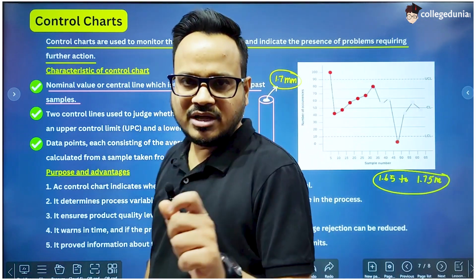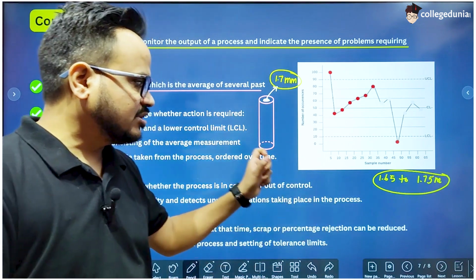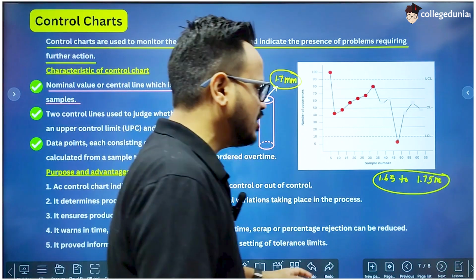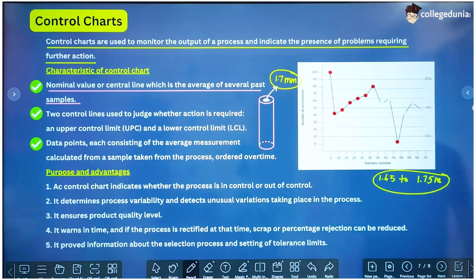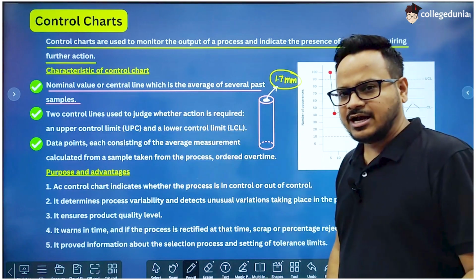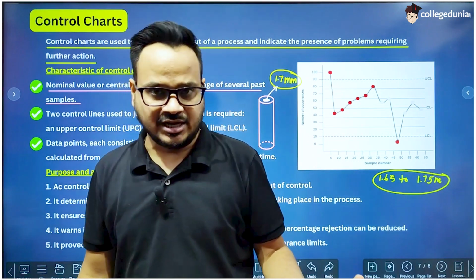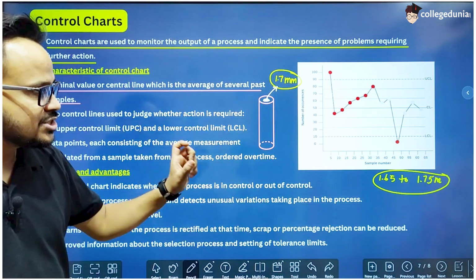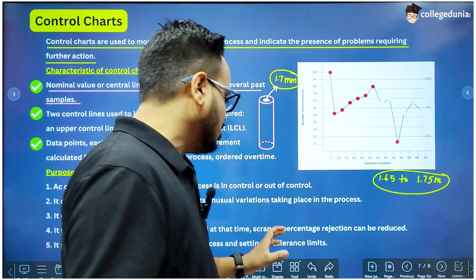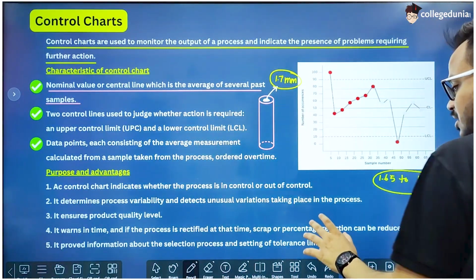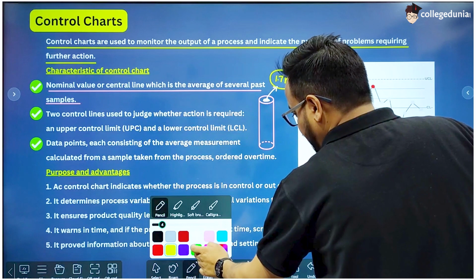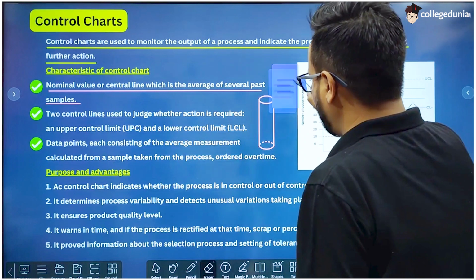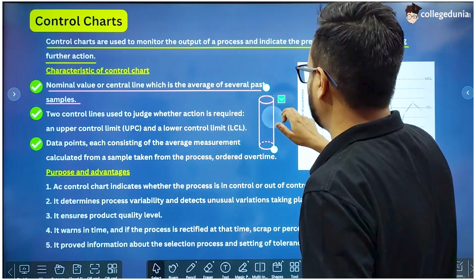But if there is some defect in the manufacturing process, so that the machine producing these items is making diameters which are beyond this limit, then either we have to rectify that item, or we have to simply reject that item. So in the initial stages of the development, we must know that something is going out of control, or something is not going right, so that we can rectify the process or just reject the item. So that's why we need control charts.